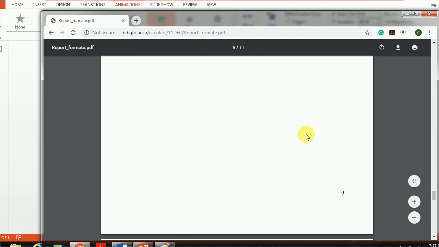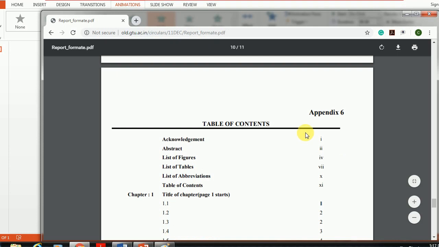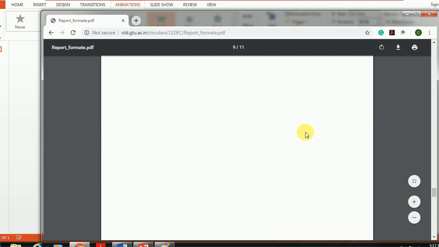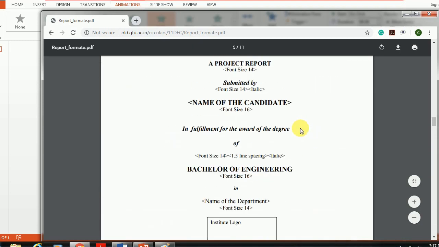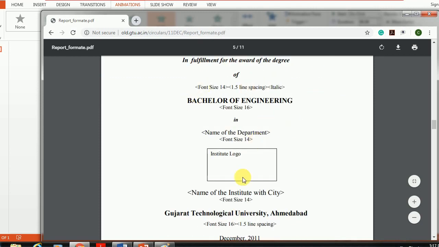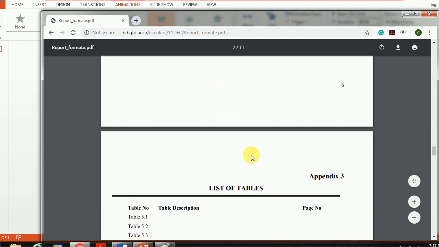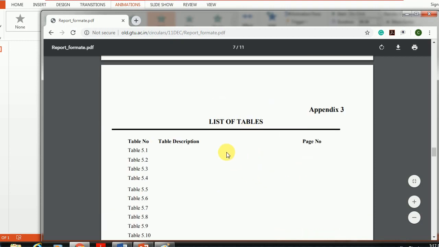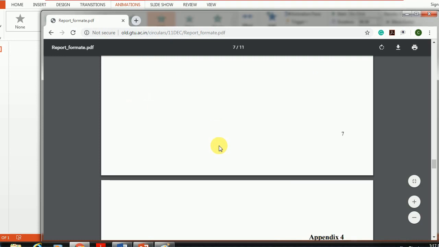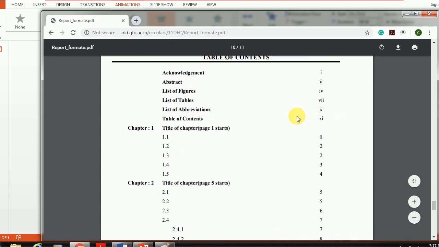But keep one thing in mind, that you need to keep your initial pages in Times New Roman, and finally you go with your English numerals. So your title page, certificates, your list of tables, then list of figures, list of symbols, abbreviations, nomenclature, table of contents, all this.